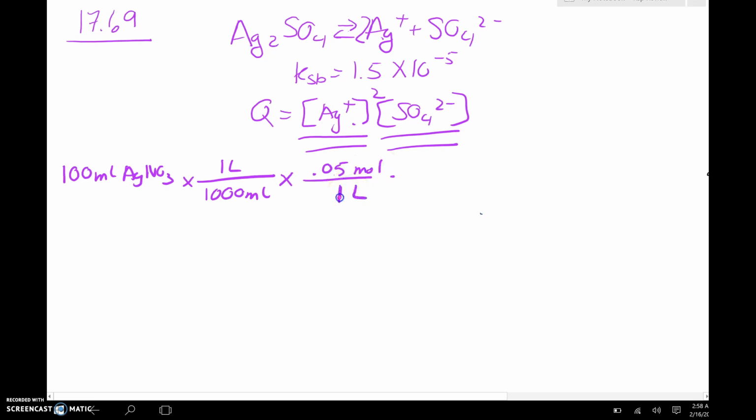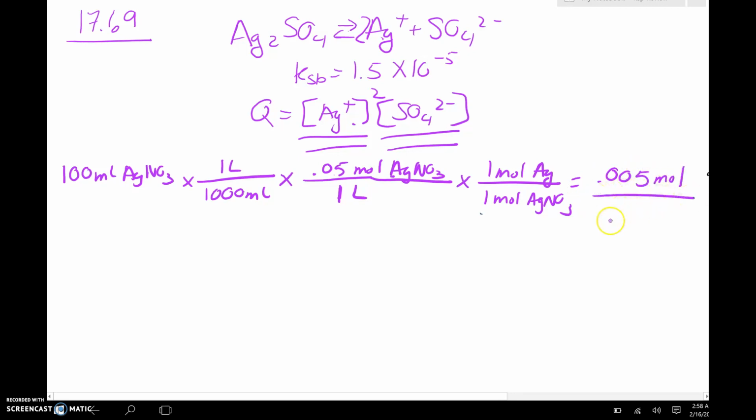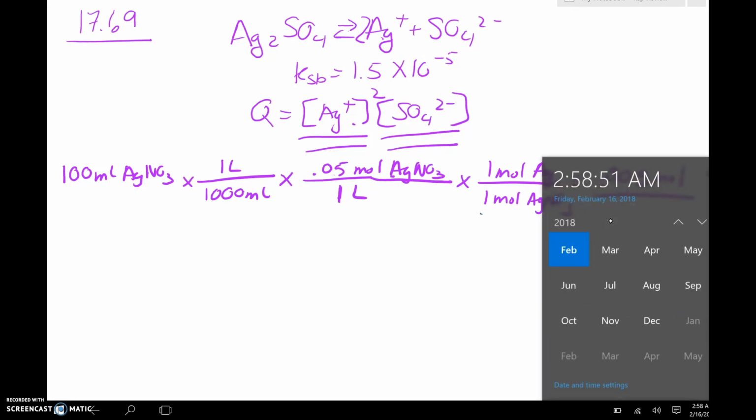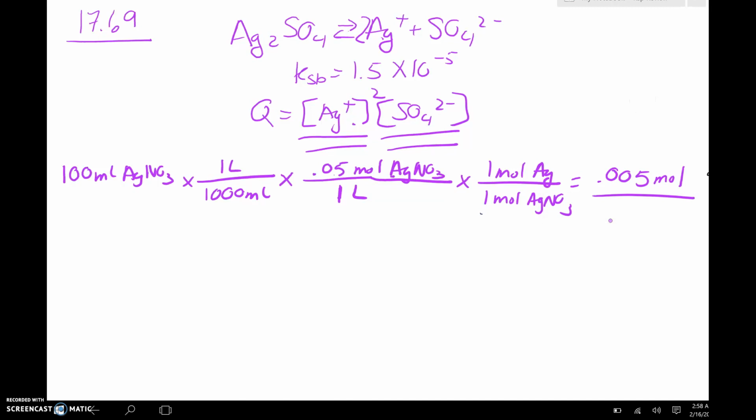Moles, right? Liters to get to moles through molarity. So that was my molarity that was given. This was AgNO3. And then it's a 1-to-1 ratio. And I get 0.005 moles, I think. And I'm going to divide that by